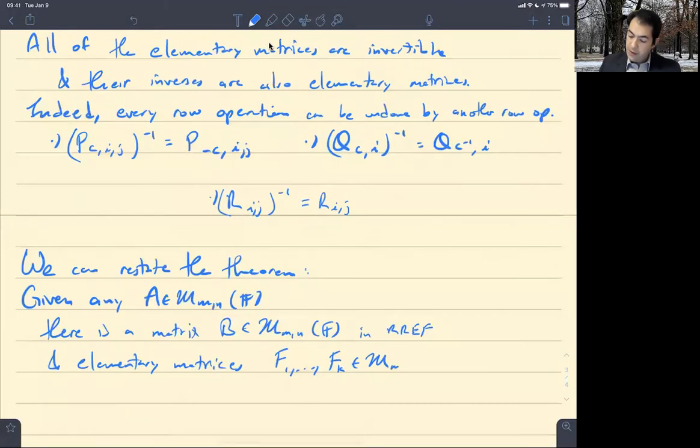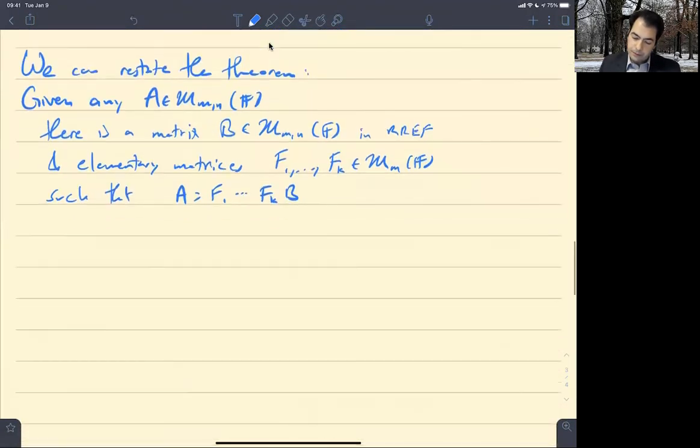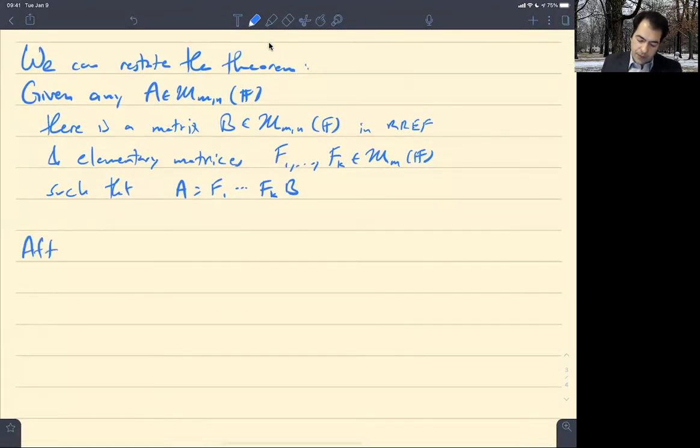So these are going to be of size m by m, such that A is equal to F1 dot dot dot Fk times B. Right, so indeed, after all, if we have B equal to Ek dot dot dot E1 times A,